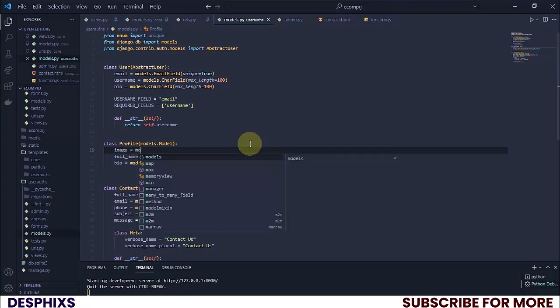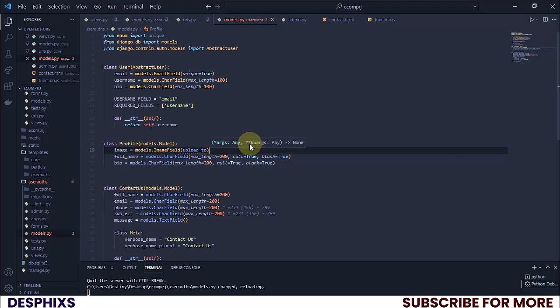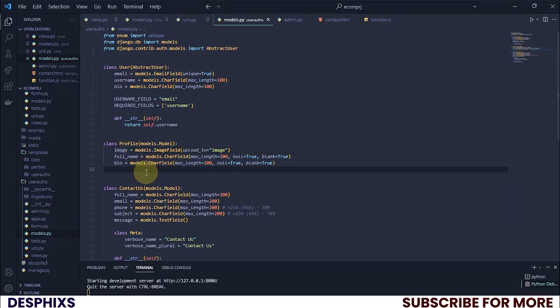So I'm also going to say image should be equal to models.ImageField, and over here we should say upload_to, and I'm going to close this off. So let's say we want to upload to image, okay? Like a folder that's going to be created automatically, and it's going to be called image. So we have image, we have full name, we got bio, and okay, let's also say we need a phone,